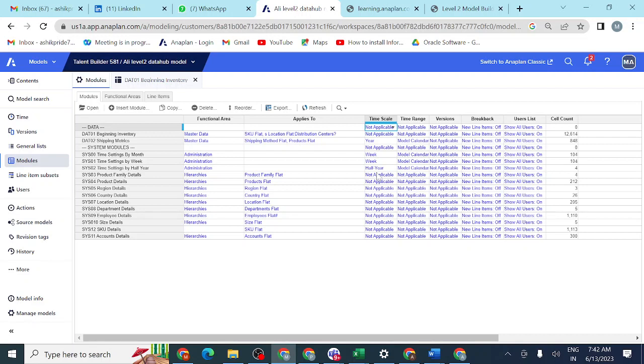This is how we should do each and everything. So you can create time ranges now. If we are setting 3 years in the model calendar and you want 5 years of data, you can also create time ranges. If you want only 1 year of data, less than the model calendar, you can also create a time range. So that is also an advantage.